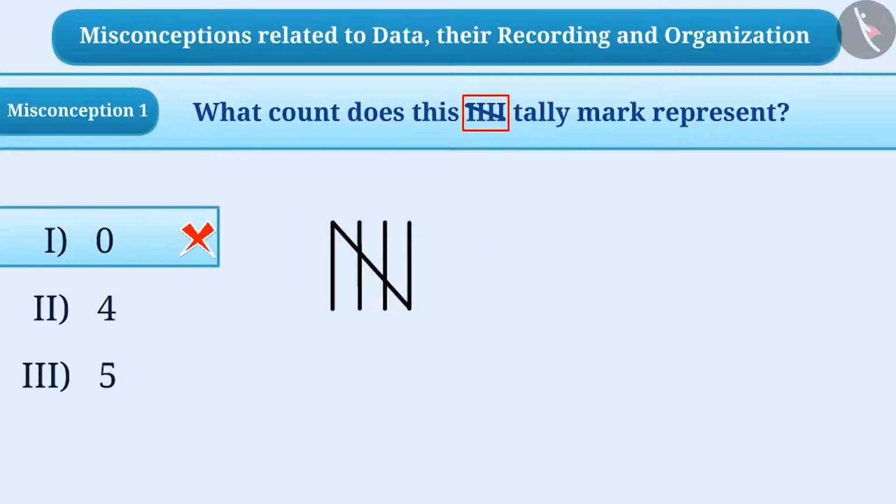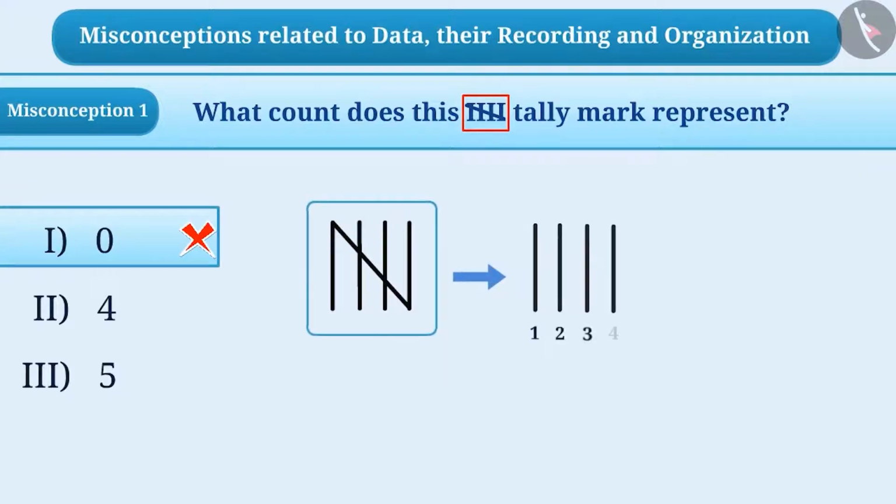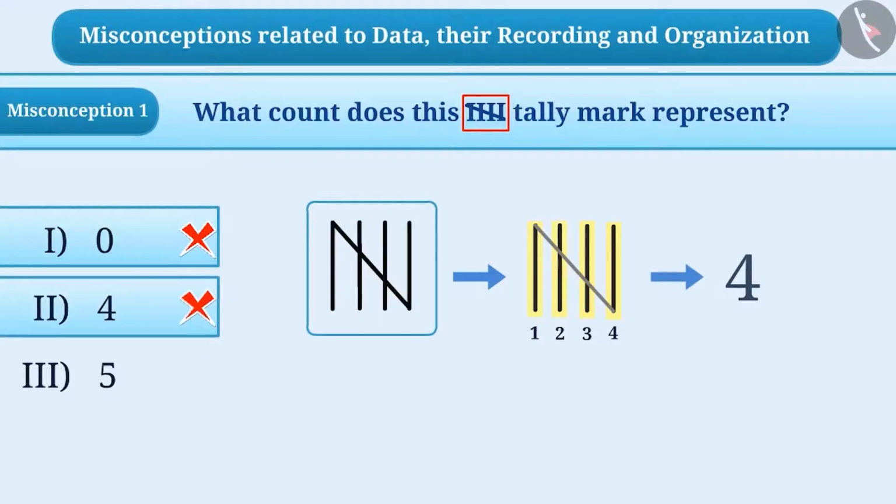Similarly, some children have the understanding that only the straight lines are to be counted in the tally mark and not to count the slant line. Therefore, they only count straight lines and do not count the slanting line. As there are 4 straight lines in the tally mark as shown, and there is a slant line on the lines, so they count this sign as 4. That is, they choose the second option, and this is also the wrong answer.